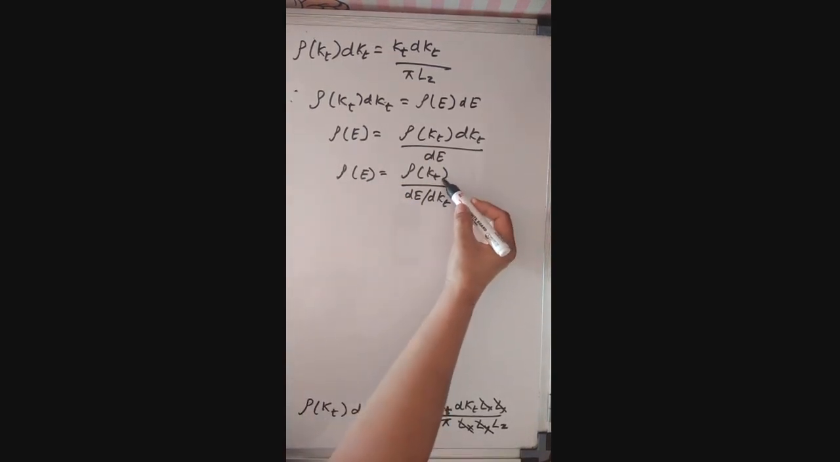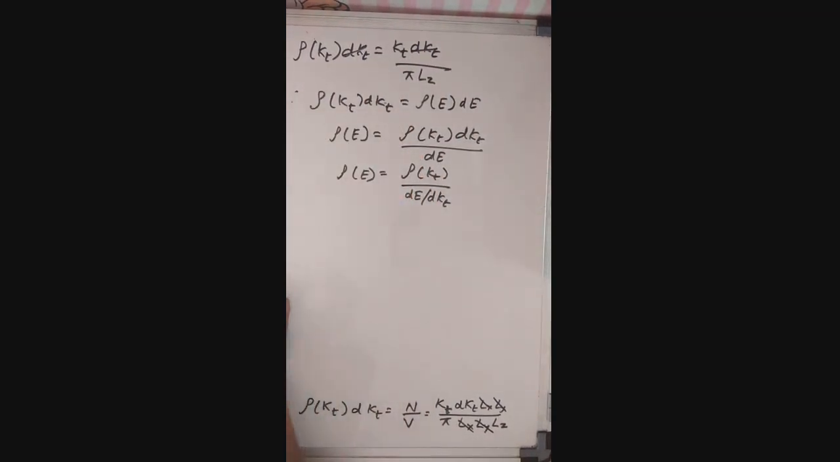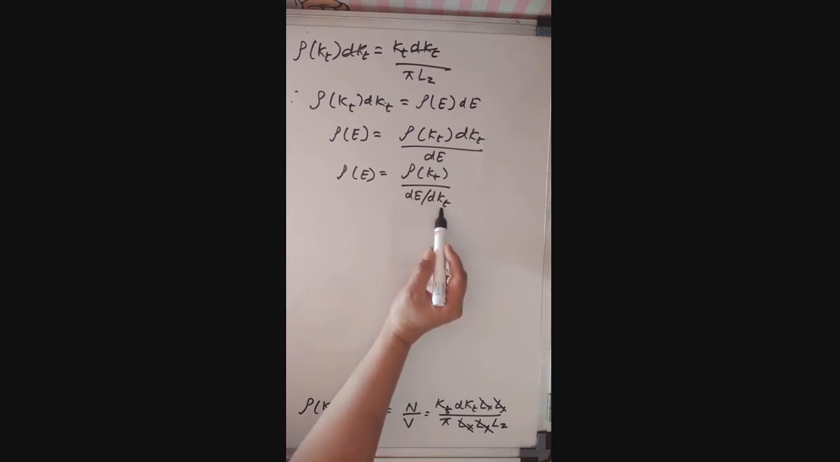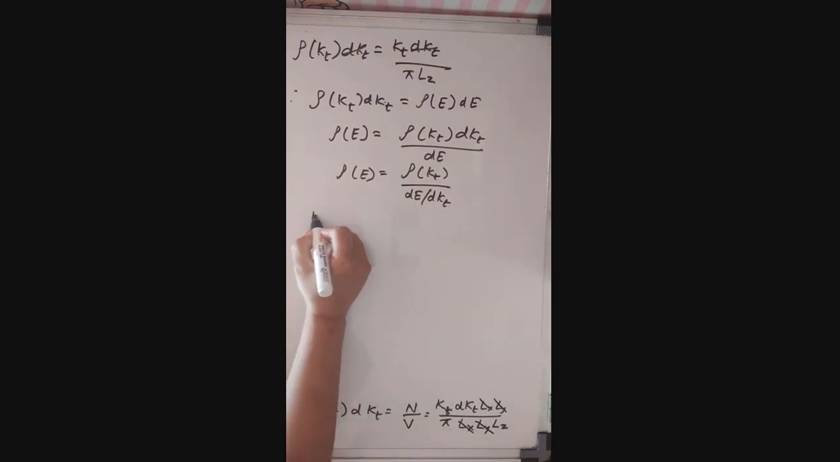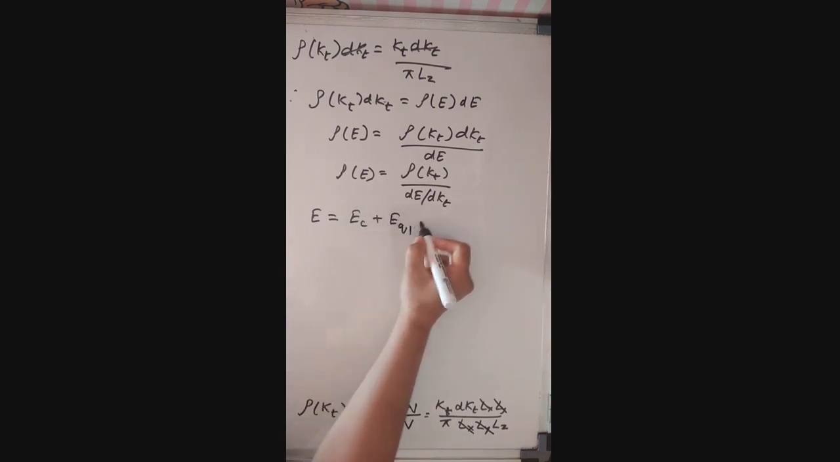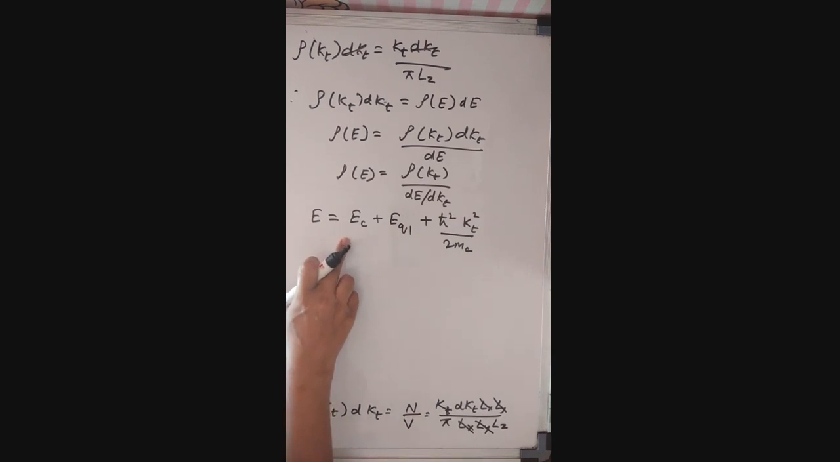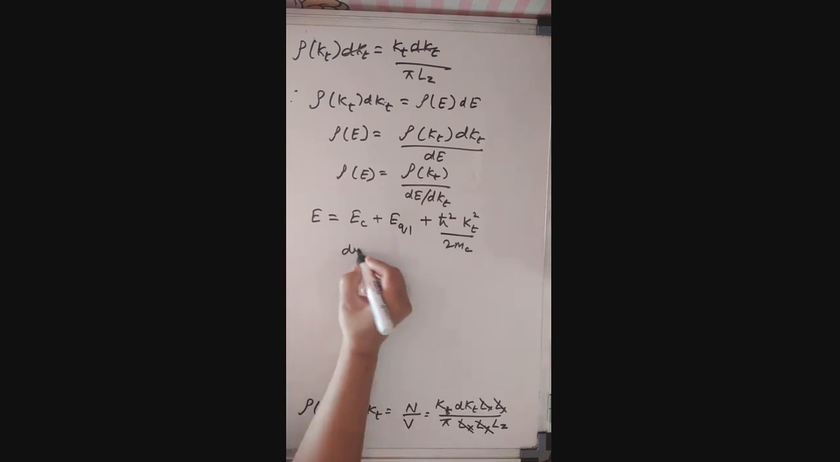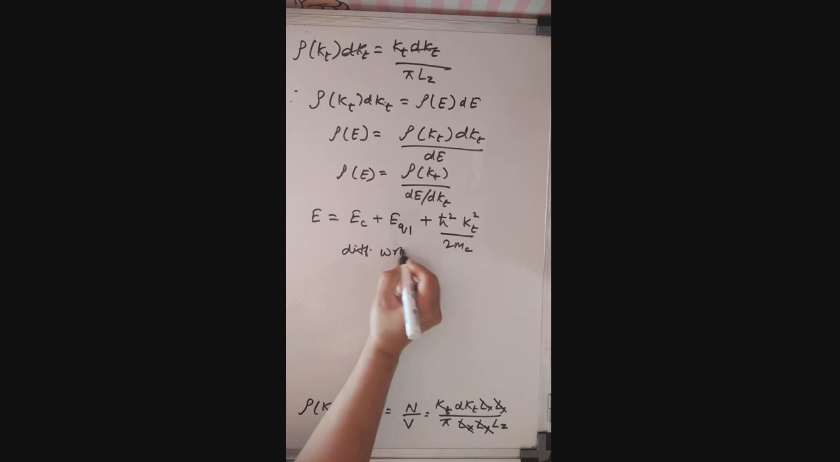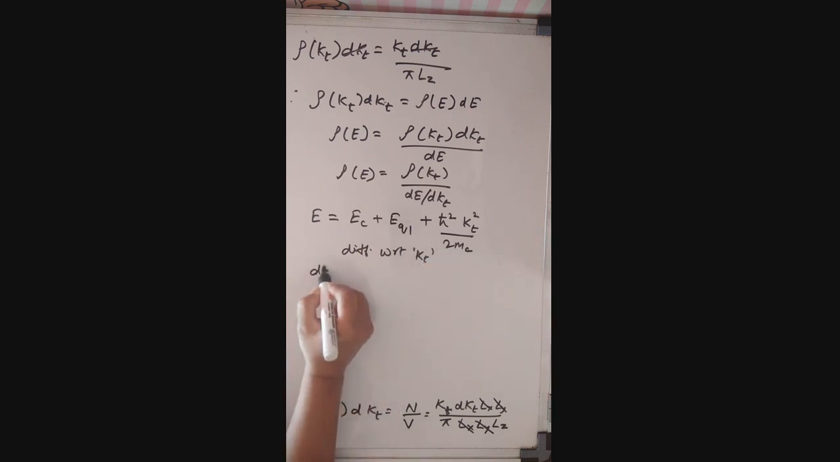Now we already have the value of rho kt. Rho kt is kt by pi Lz. We have to find the value of de by dkt, and de by dkt we will find with the expression of energy that we have already determined. We have already determined that Ec equals to E1 plus h cross square kt square by 2mc. From here we'll find de by dkt. So differentiate it with respect to kt, not dkt. Okay, so it will be de by dkt